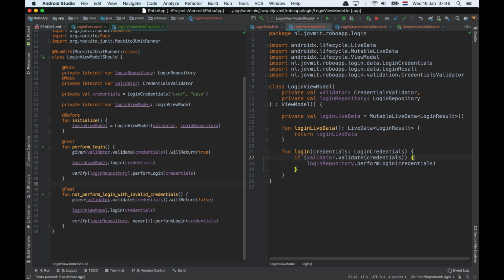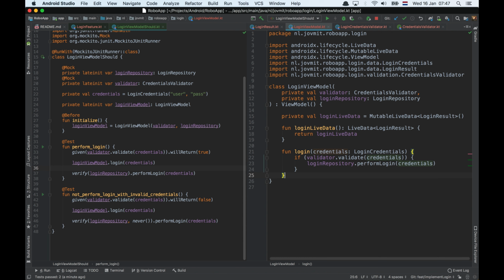It takes the credentials, and here we say given validator validate credentials will return true. When we call login in the view model with those credentials, we expect the repository to be called. Do we have it here? So we say if the validator validate credentials, then login repository would perform login with those credentials. Great, it does reflect,